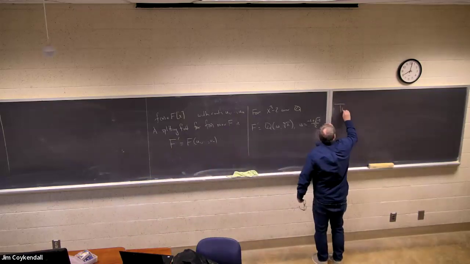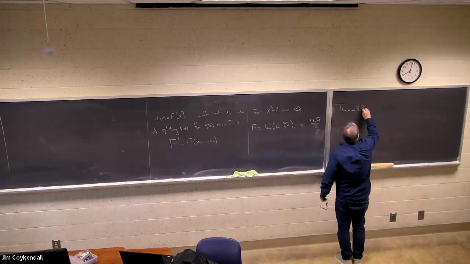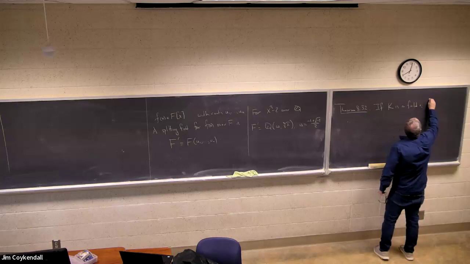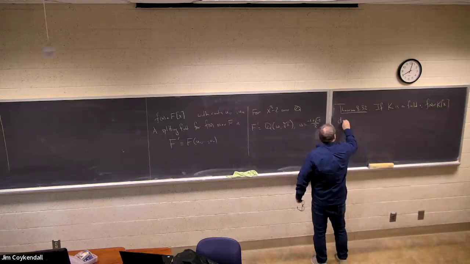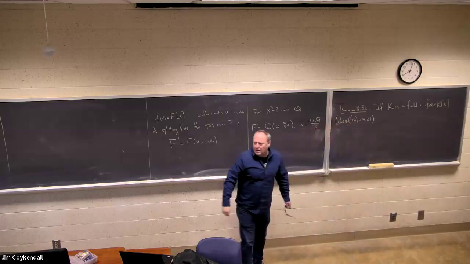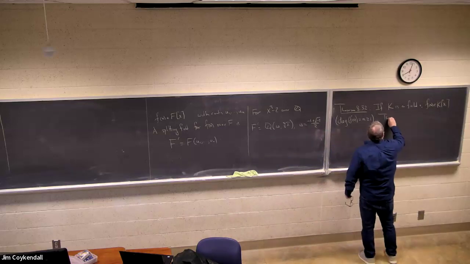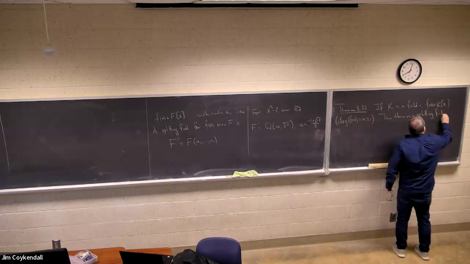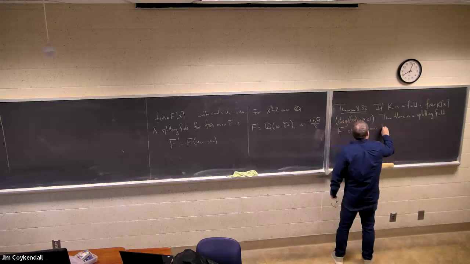If K is a field and f of x is a polynomial in this field, and say we'll say the degree of f of x is equal to n, which is at least one, then there's a splitting field f of x over K such that